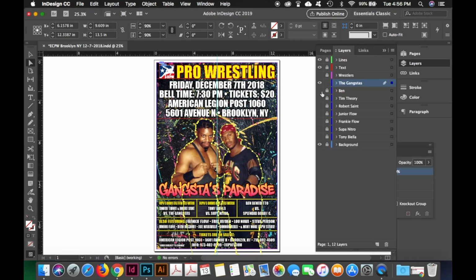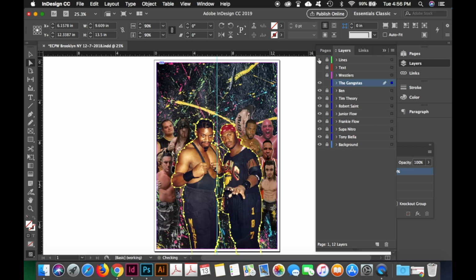I got the Gangsters here. ECW Brooklyn champ Tony Biella. This is like the worst pic ever, but it's the pic of himself that he likes. So I just use it. Super Nitro, Frankie Flo, his son Junior Flo. Turning on the layer for Robert Saint on the other side. Timothy Theory, Ben Benedetto,